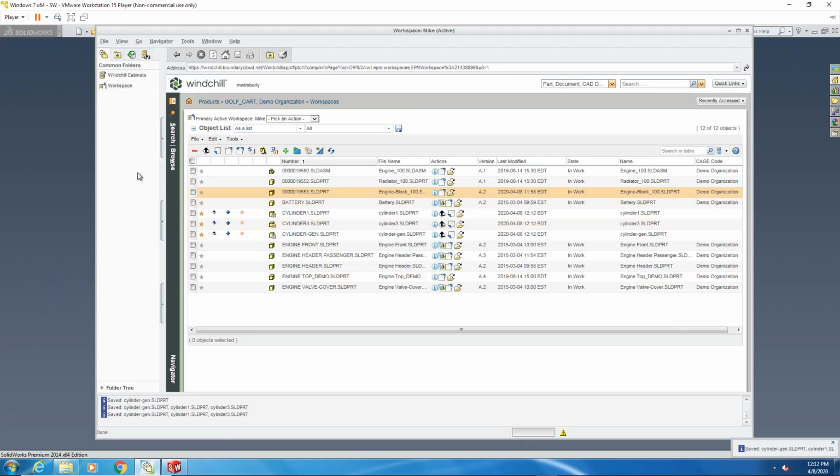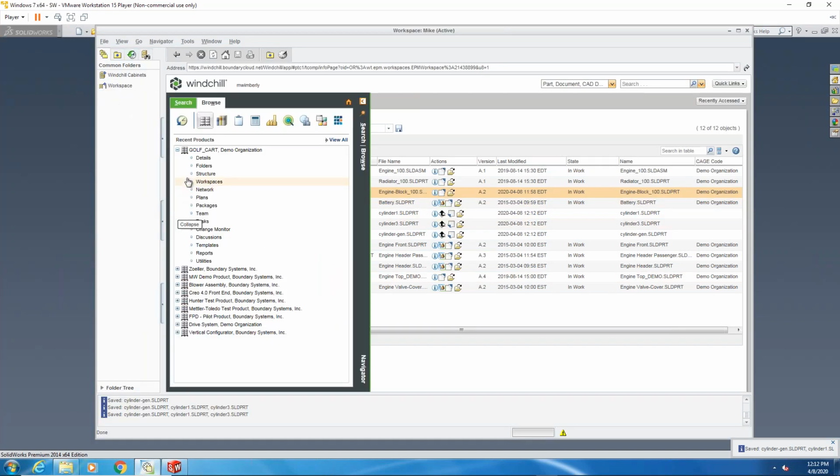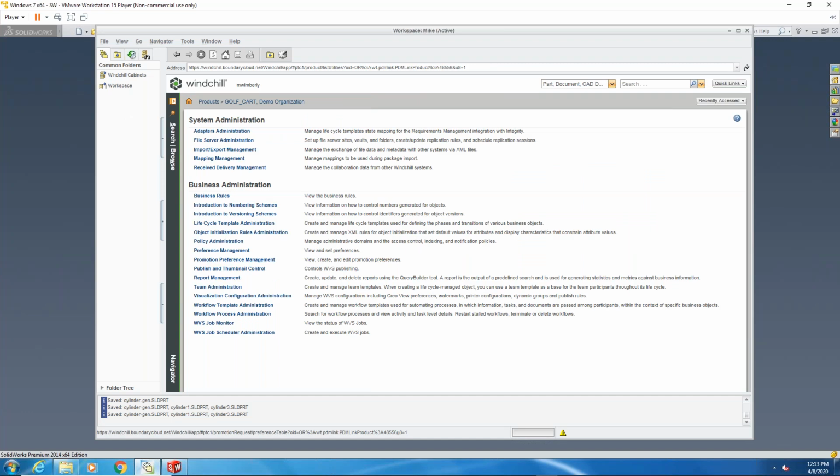Now, what I can do is I'm actually going to do it specifically inside of this product that I'm working on. I can go up levels, so if I wanted to affect all my products and libraries, I could do it at that level. I'm doing it specifically at the product level that I'm working on. So underneath utilities, underneath preference management,